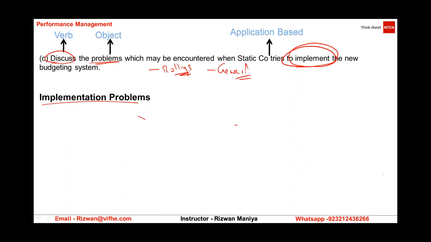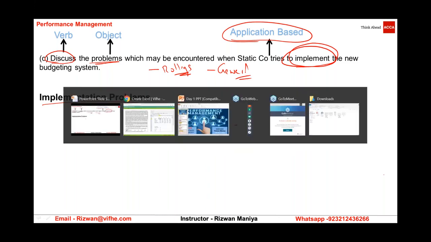And it should be scenario based. It's an application based question. You have to mention the scenario based implementation problems, not the general ones. Are you getting the point? So what problems will the company face if the company moves towards rolling budgets? It's very simple. If you want to implement rolling budgets,